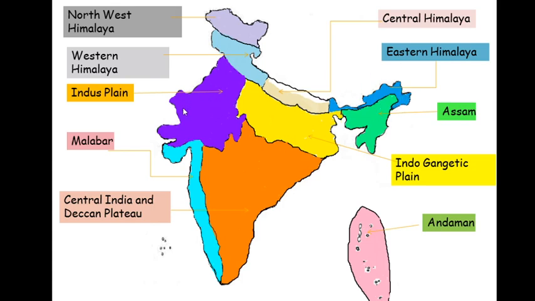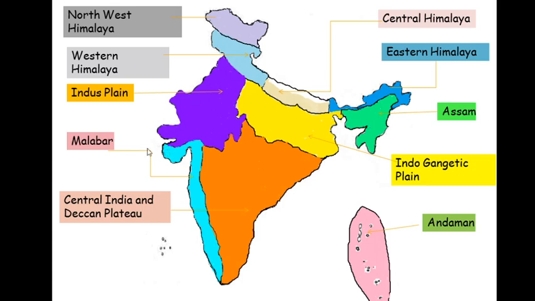Now, we have mentioned Eastern Himalaya. Then let us go to the Indus Plain here. This is a desert area. This is a very dry area. So Delhi, Haryana, Punjab, Rajasthan and a part of Gujarat are included here. This is known as the Indus Plain. Then comes the Indo-Gangetic Plain. This is the most fertile floristic zone of India. It contains 3 states: UP, Bihar and West Bengal. Then comes Assam, the 7 northeastern states.